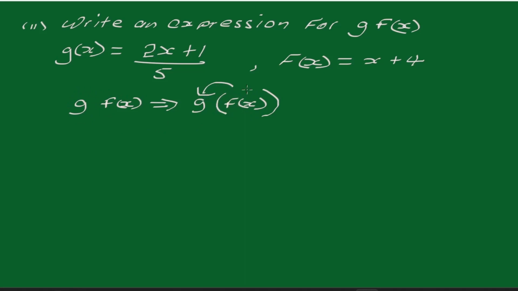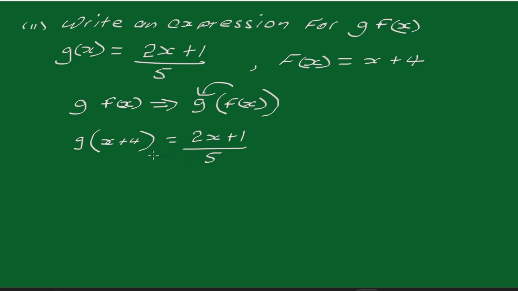So enclose everything in brackets, which means the entire content of this bracket will go into function g. So function g, and since f of x equals x plus 4, we put x plus 4 inside this parenthesis here. And function g is 2x plus 1